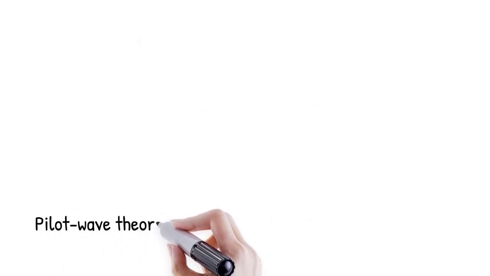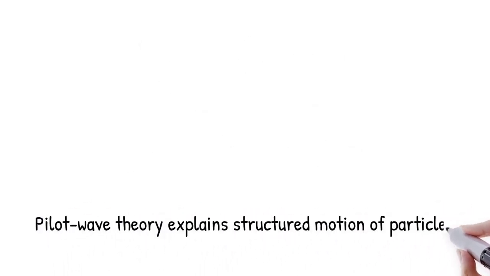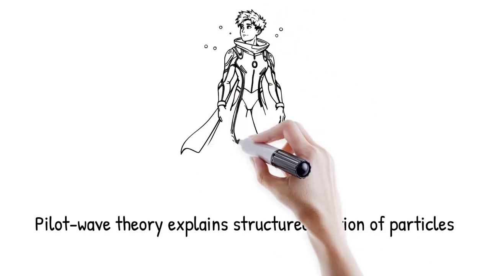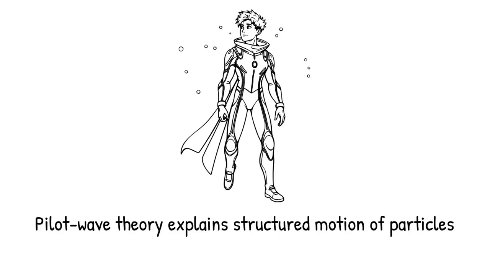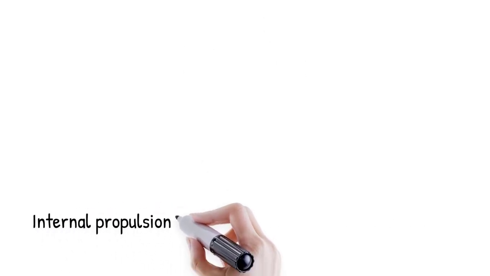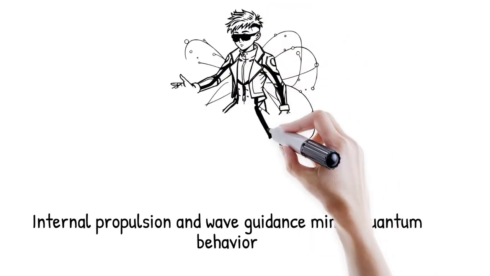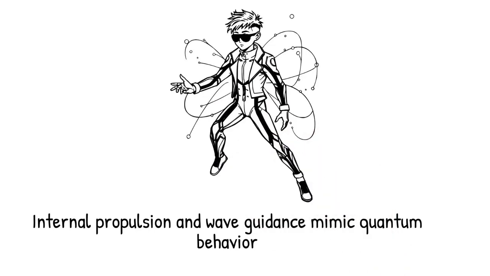Pilot wave theories propose that particles follow real paths guided by a surrounding wave field. Experiments with droplets on vibrating liquid surfaces mimic this behavior. Each droplet generates a standing wave and follows it. These macroscopic systems demonstrate tunneling, quantization, and even double-slit interference. The implication is that internal propulsion, coupled to wave guidance, can reproduce quantum-like behavior. This strengthens the idea that electrons may also self-navigate through generated fields.